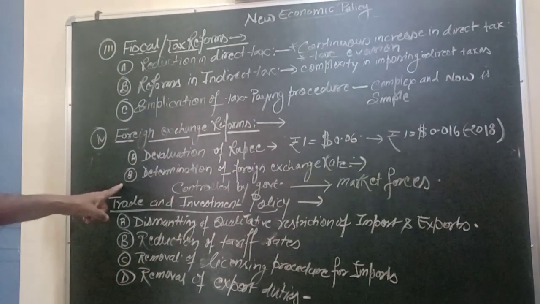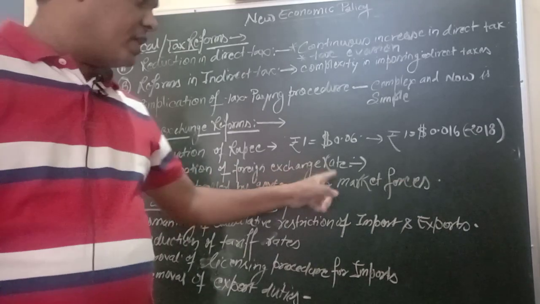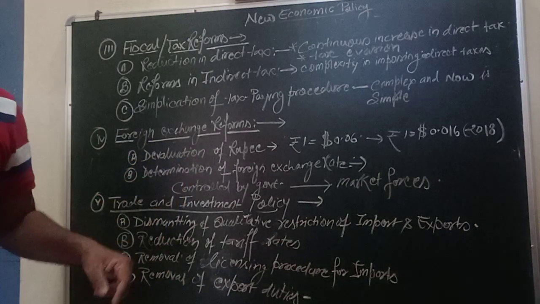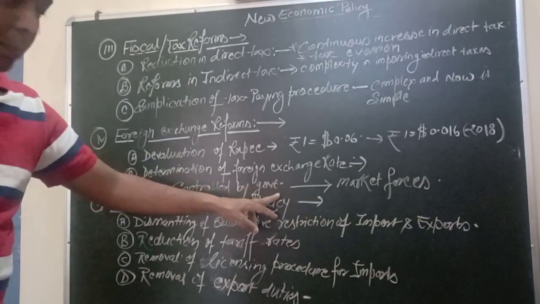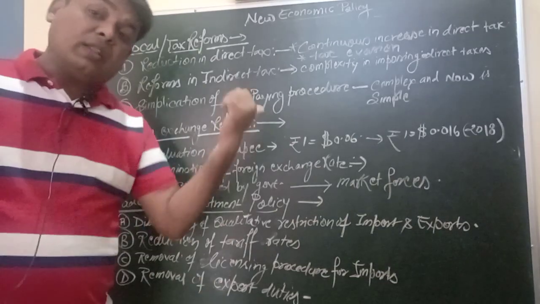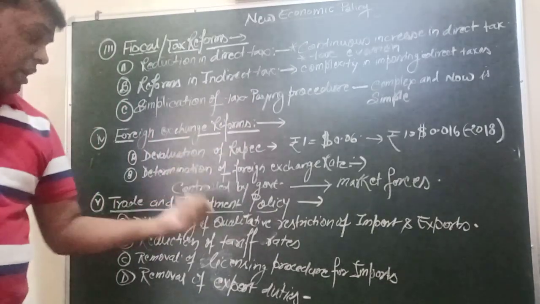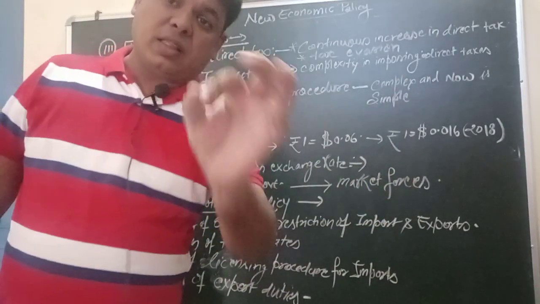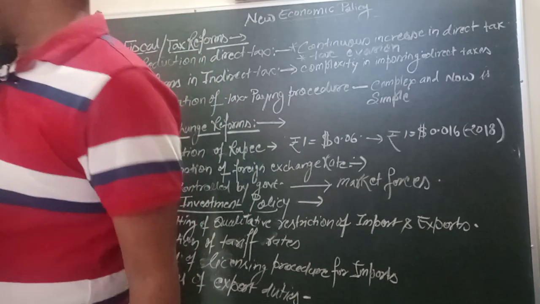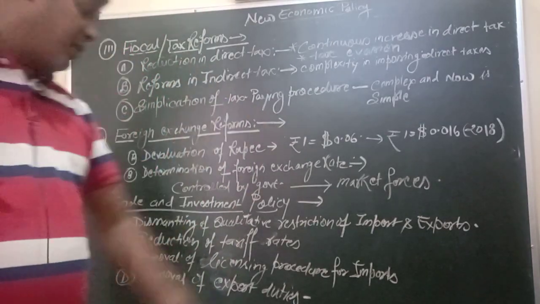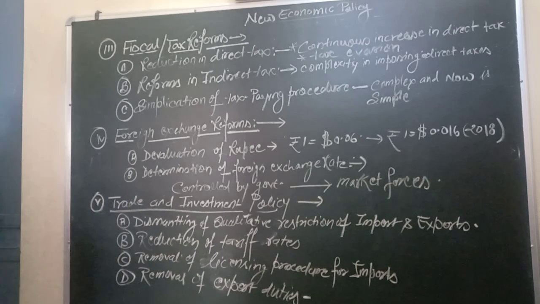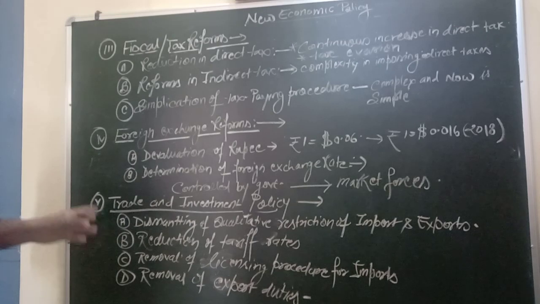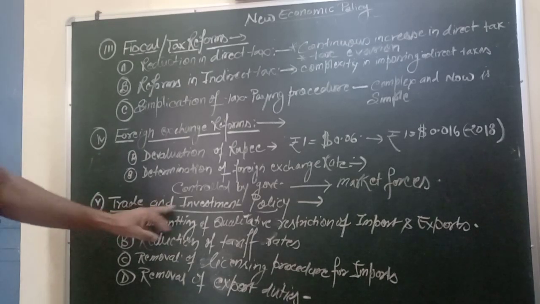Now the second topic is: what is that? Determination of the foreign exchange rate. Already I told you in the industrial sector that it was controlled by the government, but now the foreign exchange rate is determined by market forces, and that is demand and supply. That is demand and supply. Okay, now the third topic I am covering here for you, and in completing that, liberalization of trade and investment